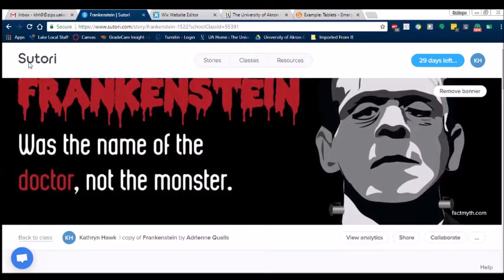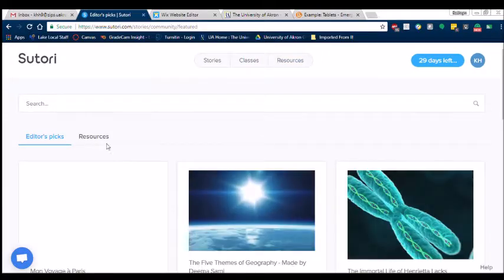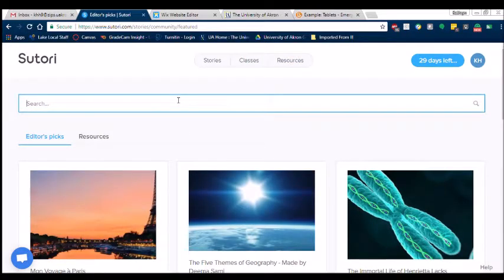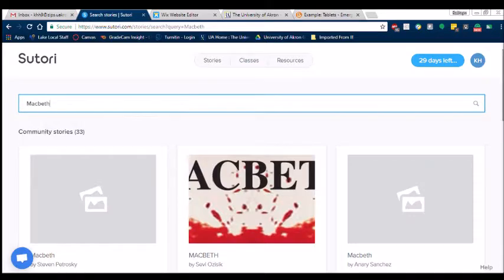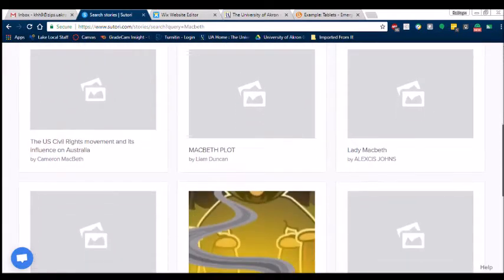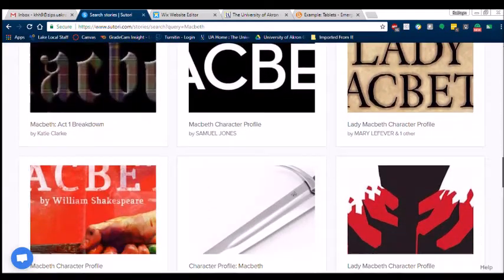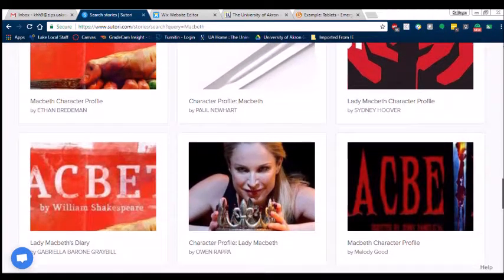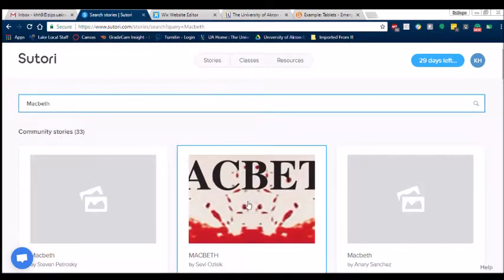So let's say, for example, you want to use something that somebody else has done. There's a ton of resources on here that you could use. So let's say I want them to research Macbeth. I want them to do a Sutori on Macbeth, or I want to see a Sutori on Macbeth. I can go through and there is just a ton of information on here about Macbeth. You can even find stuff about Shakespeare, character profiles, about particular events in the story, but these are all shareable